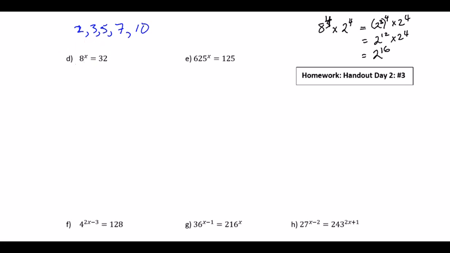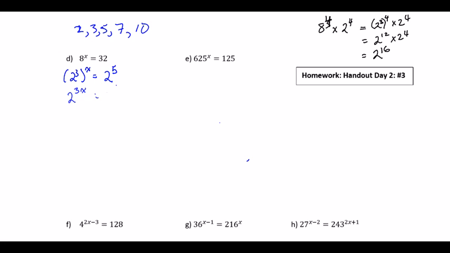Looking at this equation here, the base exponent that we're going to use for these two numbers, 8 and 32, is going to be 2. So let's replace them. We're going to have bracket 2 cubed raised to the x is equal to, well, 32 is the same as 2 to the 5. And now we must do power of a power on this bracketed expression here. So we end up with 2 to the 3x is equal to